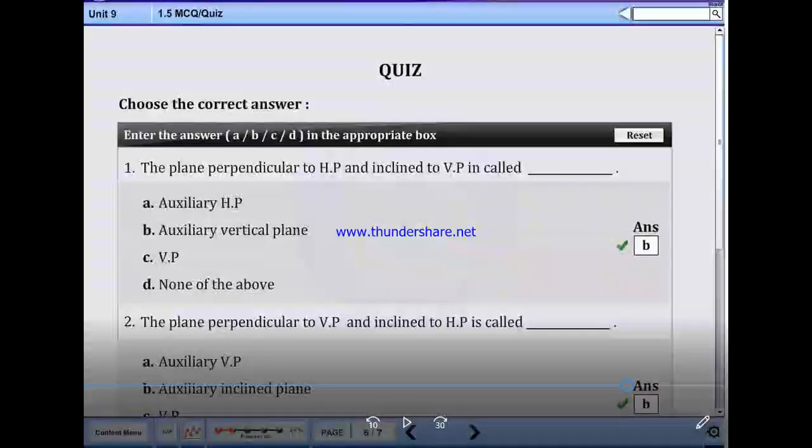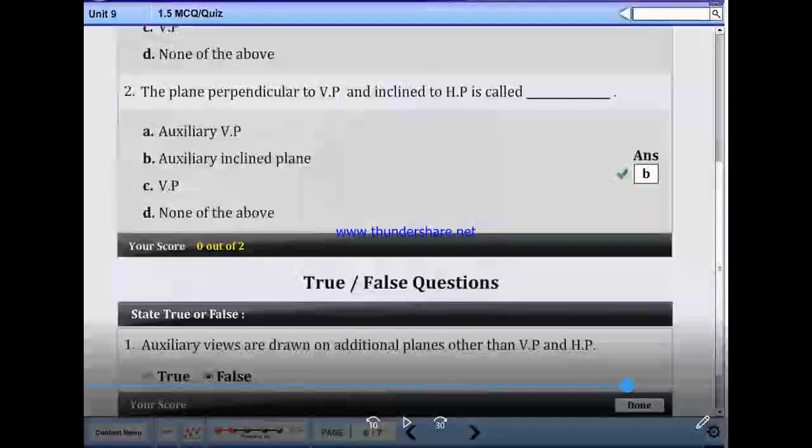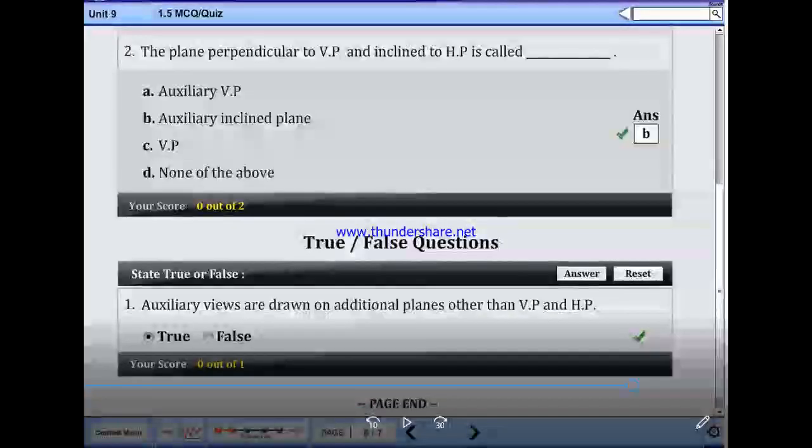The plane perpendicular to the horizontal plane and inclined to the vertical plane is called the auxiliary vertical plane. The plane perpendicular to VP and inclined to HP is called the auxiliary inclined plane. True or false: auxiliary views are drawn on additional planes other than the vertical plane and horizontal plane. Yes, it is true.